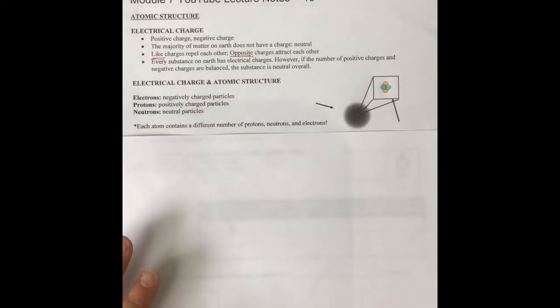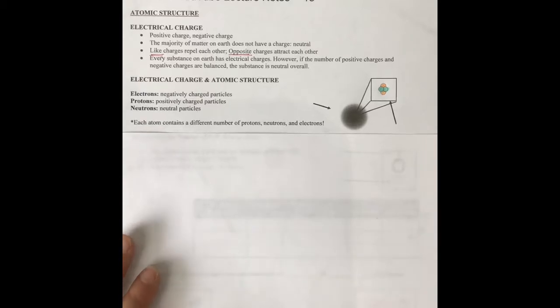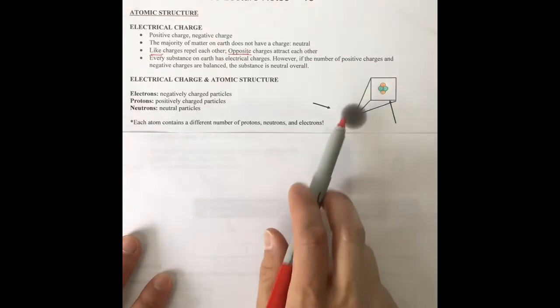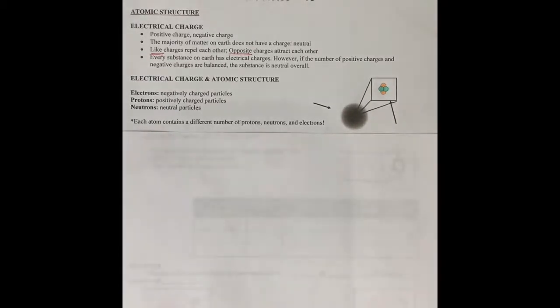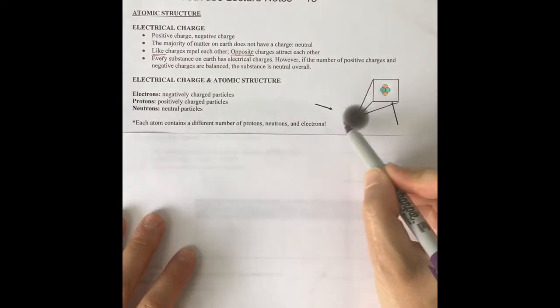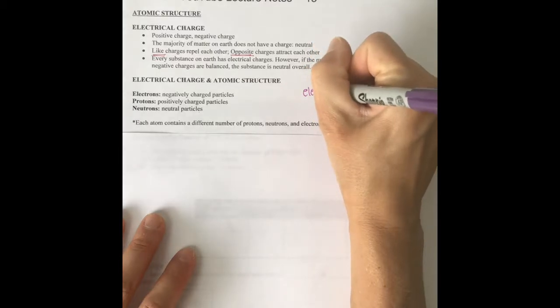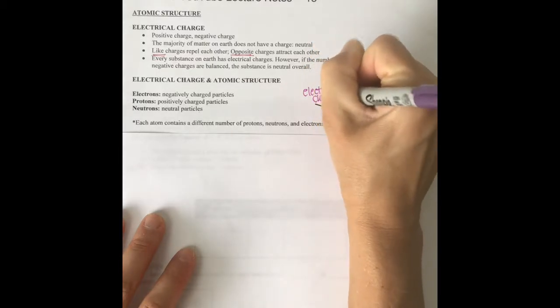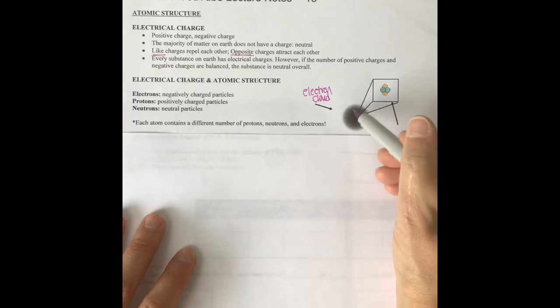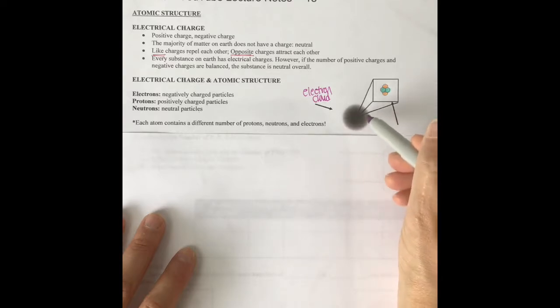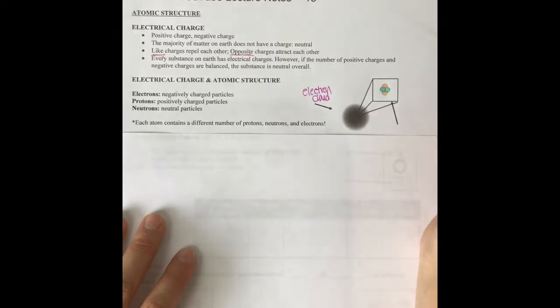So let's look at what the current model of the atom would look like today. So using the experiments that these scientists in the past have done, we have arrived at this model of the atom. It has a bunch of fuzzy stuff on the outside, which we call the electron cloud. And this is where electrons are moving around the nucleus. The center of the atom